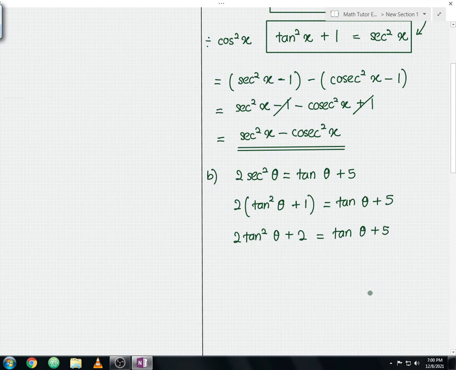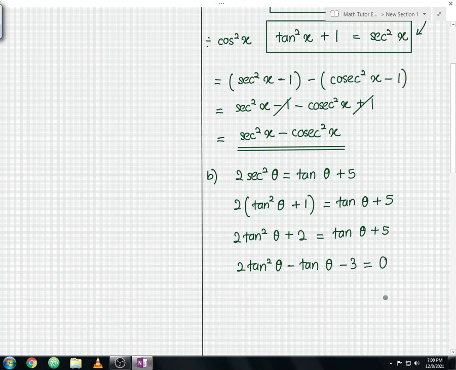From here, this tangent theta and 5 you're going to move to the left hand side. So you should get 2 tangent square theta minus tangent theta minus 3